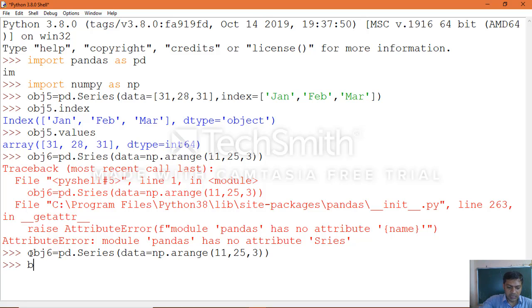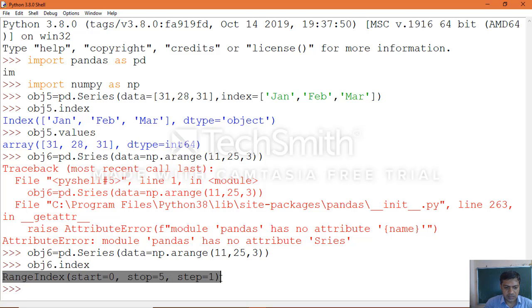Now call the object name through index, obj6.index. Let's see what happens. You can see clearly, it is a RangeIndex, the default index, starting with 0, stop 5 and step 1.